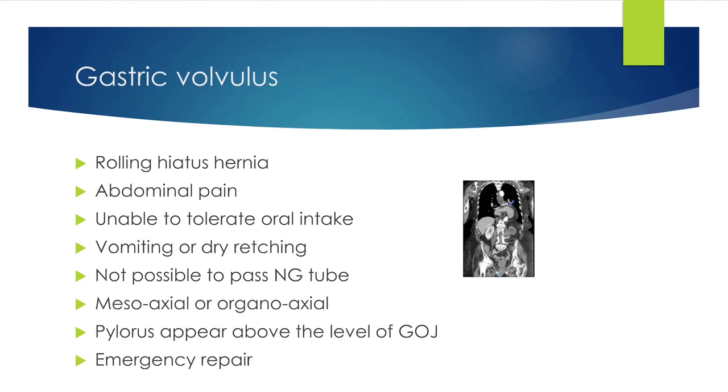So there is not much practical benefit in differentiating between the two. Often you see the pylorus will appear in the chest above the level of the gastroesophageal junction. These patients will need immediate repair, an emergency surgery, and the surgery technically itself is no different from repair of the hiatus hernia that we mentioned earlier with the elective